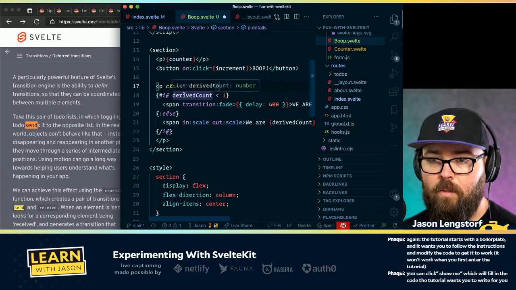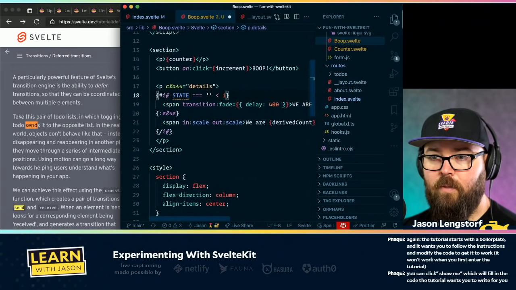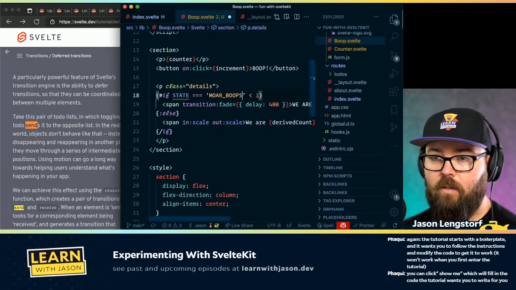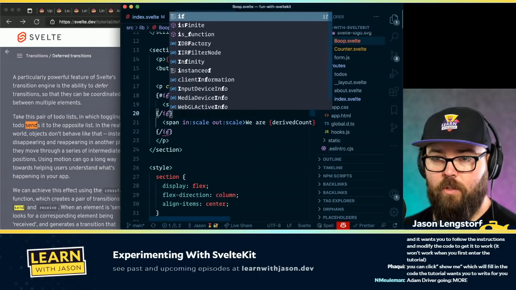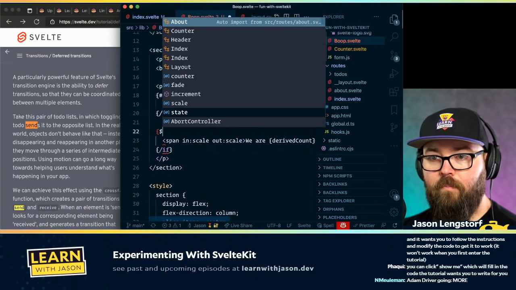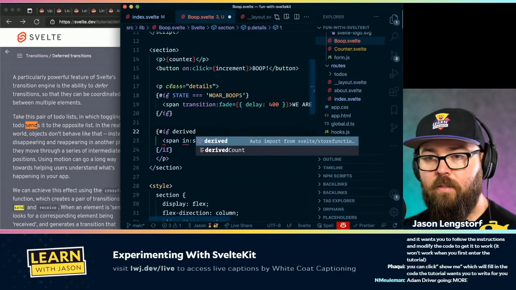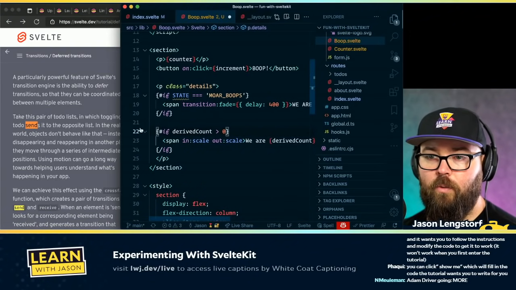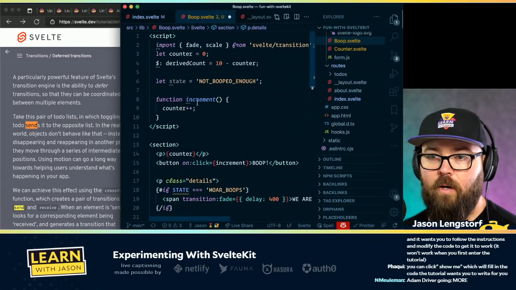So the first one is going to be if state equals that'll be our maximum booper drive state, then we'll show this one. And then this one will say if derived count is greater than 0, we'll show this. And when we get to derived count,